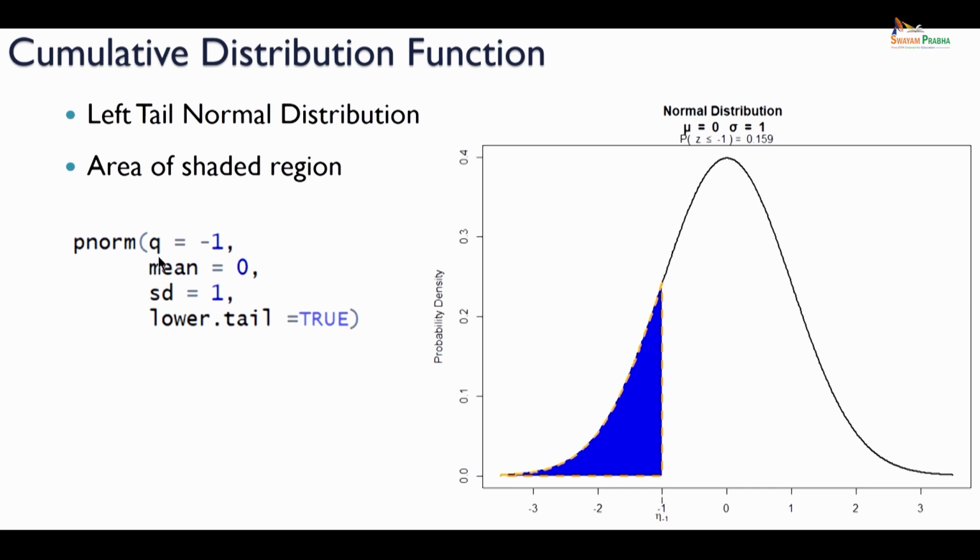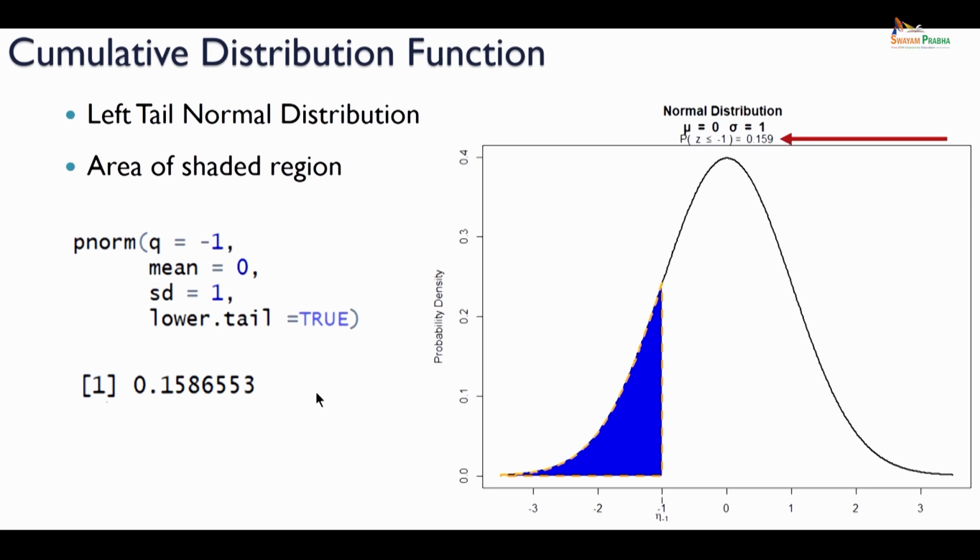The inputs are nothing but the start value, which in this case is -1. The mean and the standard deviation are from a standard normal distribution, which is 0 and 1, and it is a lower tail test. So, I am just setting lower.tail equal to TRUE. Once you execute this command, you will see a value being displayed in your console, and that value that we have got here is 0.1586. You can also see this is the same value that is rounded off and displayed on top of the plot when you visualize it. That value is being rounded off to 0.159, but when you get it in a console from the command, it gives you 7 decimal places.